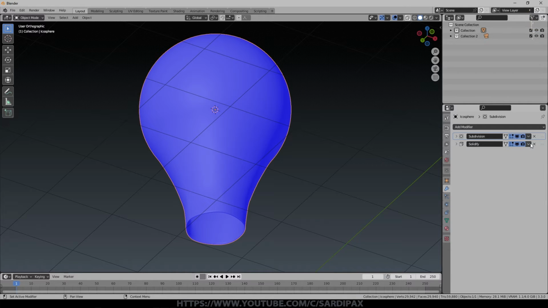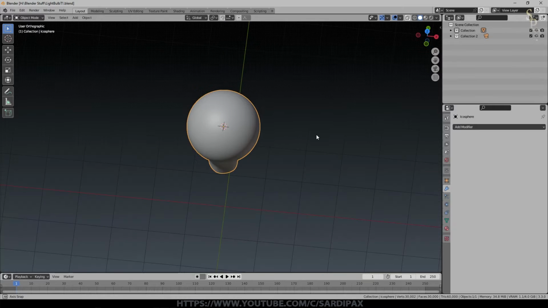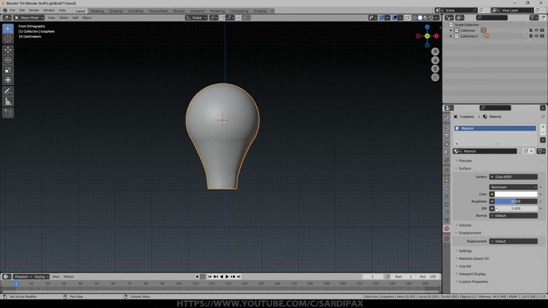So I'll apply the solidify modifier first, which is what gave it the actual thickness. And now I'll apply the subdivision surface. So I'll just turn off that face orientation, and what we want to do now, we'll just give that a basic glass material, and that will do.